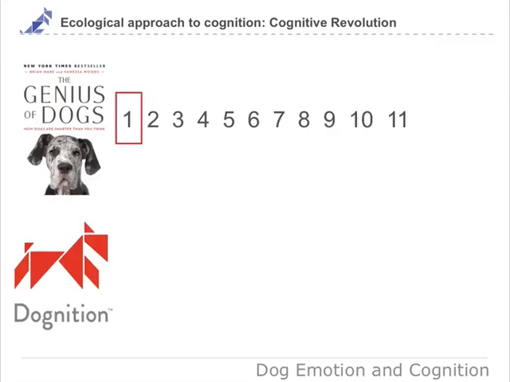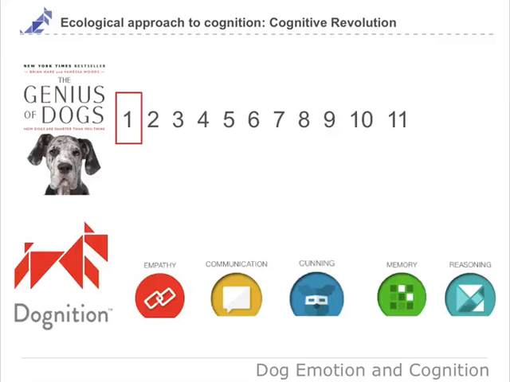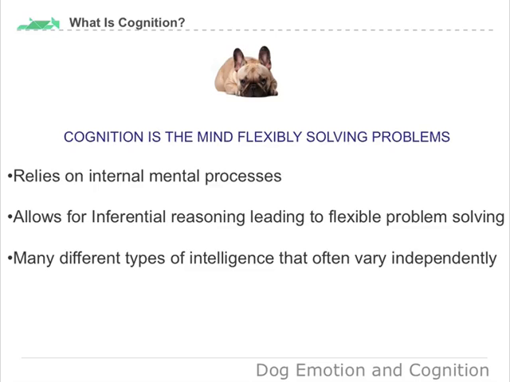So for this lecture, chapter 1 in the Genius of Dogs will be most helpful. And of course, anything about cognition is designed using the ecological approach to cognition, so you can see it in action. Chapter 3 in the Genius of Dogs is sort of a first example where the ecological approach is used, so you can see how we went experiment by experiment deploying this approach.